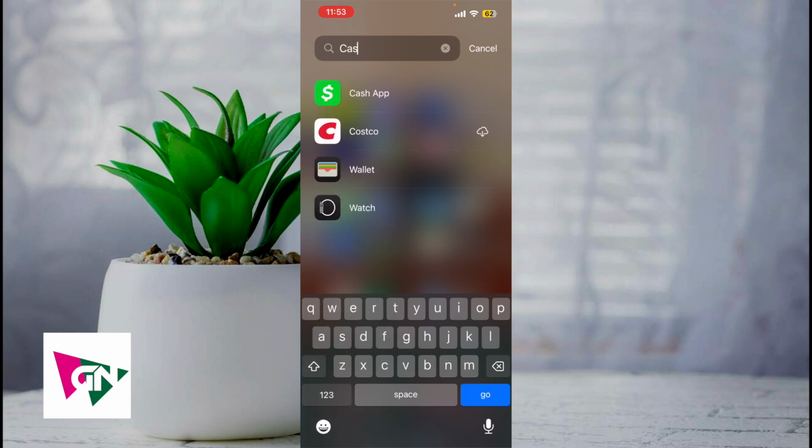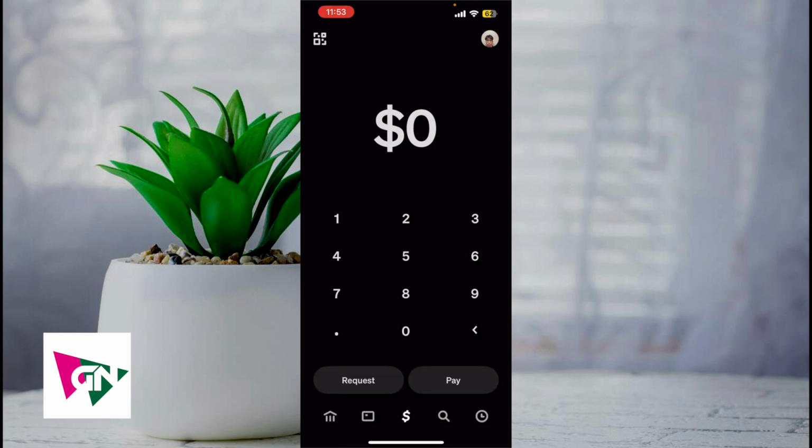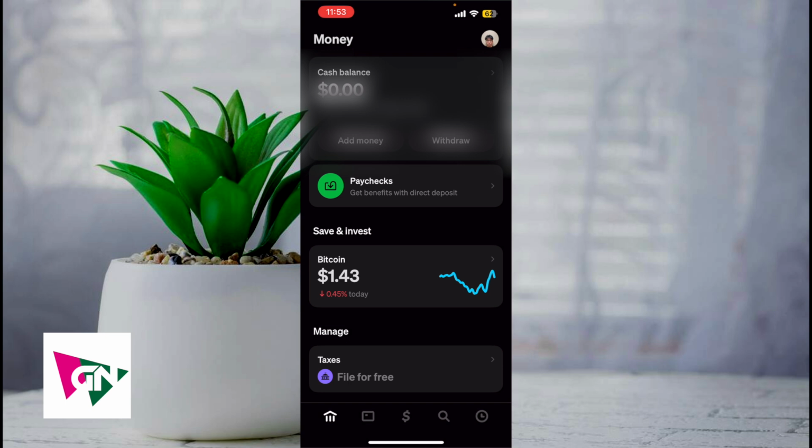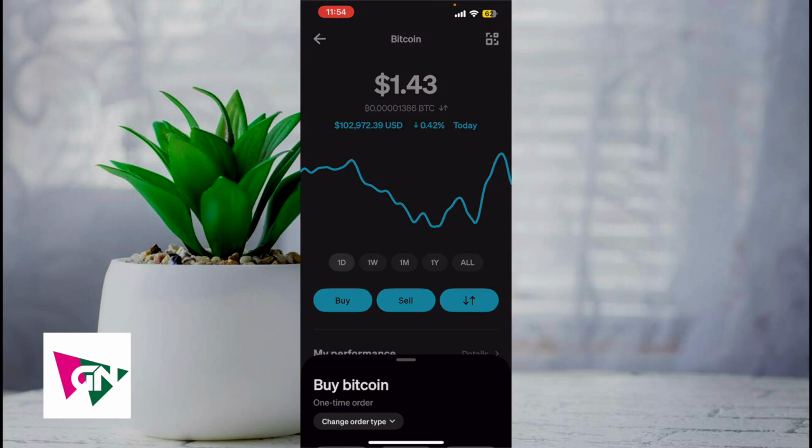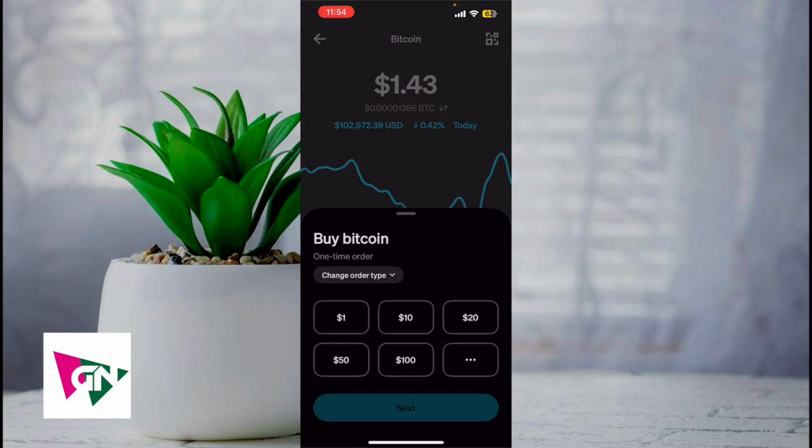But in order to do this, what you're first going to do is click onto Cash App. Next, on the bottom left-hand corner, you're going to click on the house icon. Then from here, you want to go ahead and click on Bitcoin underneath where it says Save and Invest. So here is where you're going to access your Bitcoin wallet. Next, you're going to click on buy, and then this is the one-time order that you're going to place with